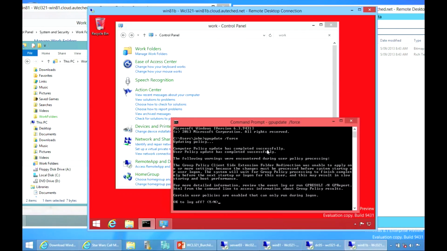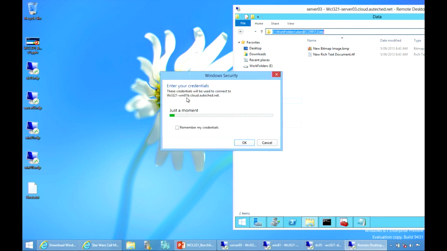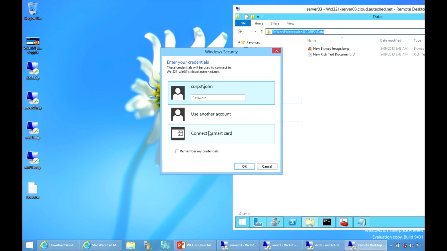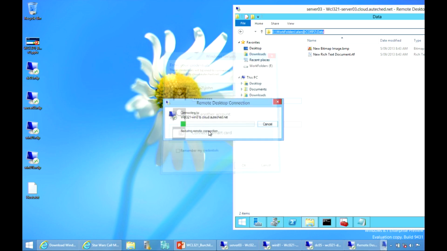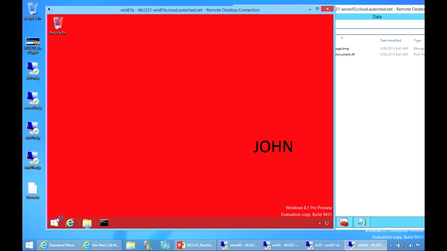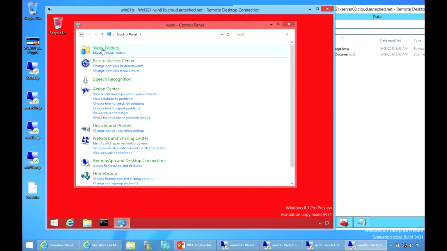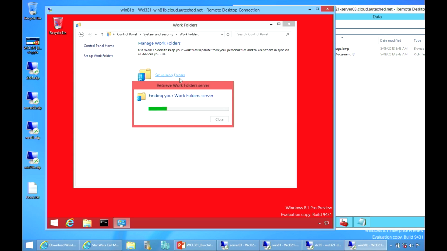I'm going to have to log off. So I'm just logging back on. So now what I've done is I've configured work folders, but it hasn't actually set work folders up for John. What it's done is it's configured it so when John goes in there and says, well, I'd like to have work folders enabled, maybe he's heard about it and he's, oh, I'd like to have this work folders thing that I heard so much about. It's like, you can have it, it's just not set up. You go into work folders and I go set up work folders and